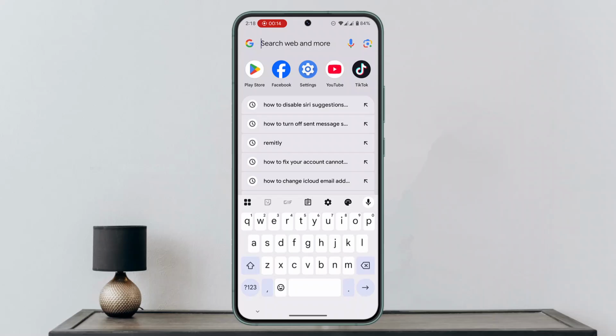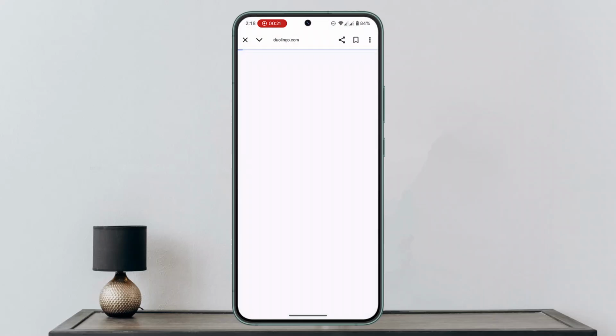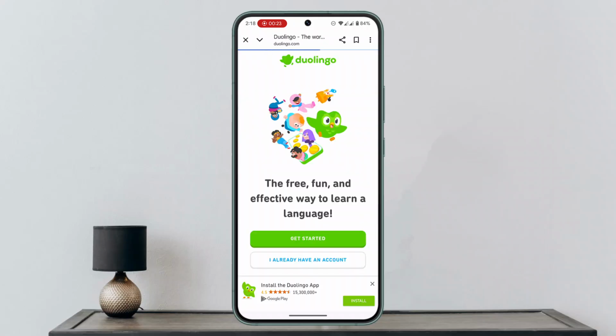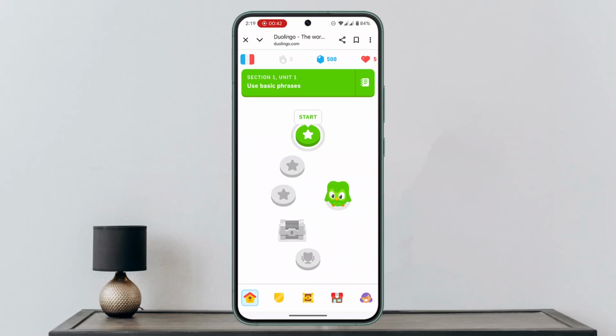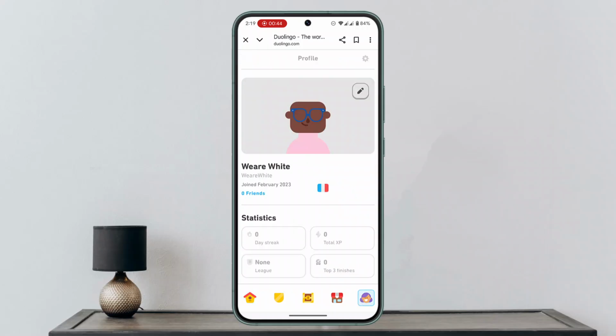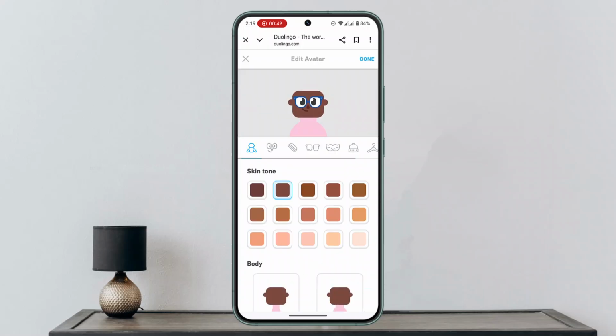So type in duolingo.com. Then click on the first link that appears. After which, enter in the credentials and log into your account. So once logged in, click on the profile or an avatar icon from the bottom right hand side corner of your screen. And here you have this profile, right? So click on the pencil shape icon